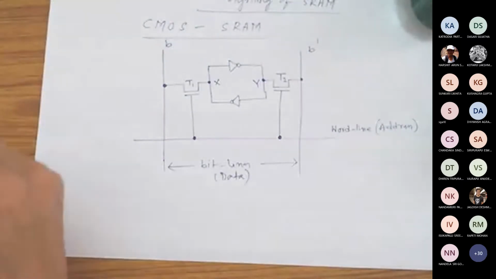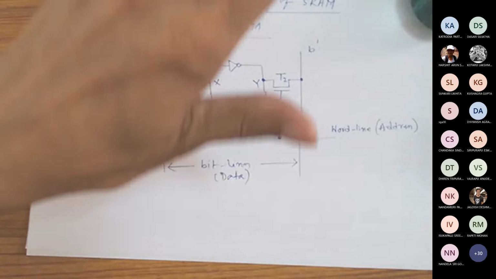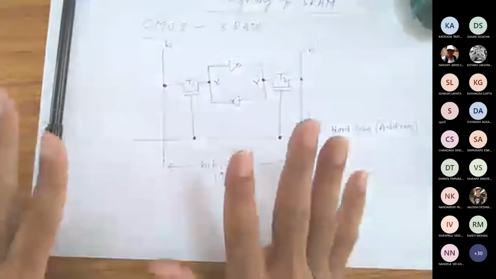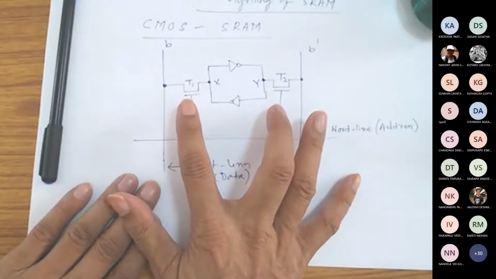So this is a very simple circuit of a static RAM cell. I will show you its CMOS version later on, but let's first see this with respect to a couple of transistors and